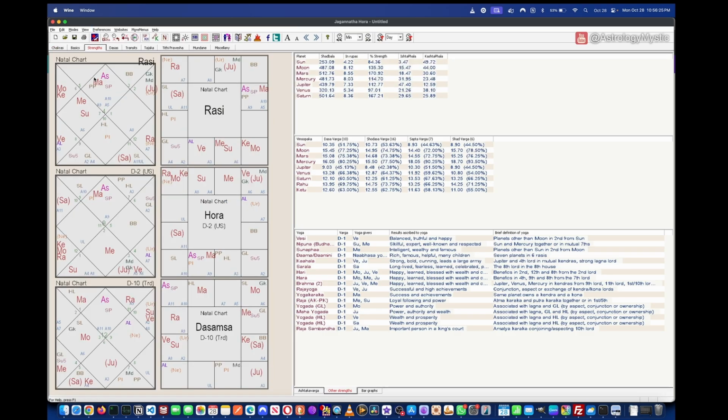And when I click on yogas, it goes to the strengths tab, and it will show the yogas present over here. At the top of this section there is the Shadbala section of planets, and there's the Dasa Varga and Sapta Varga. The Vargas, Balas is present over here, and the yogas are present over here at the bottom. And at the bottom there are more tabs, like this currently displayed tab is of other strengths, and